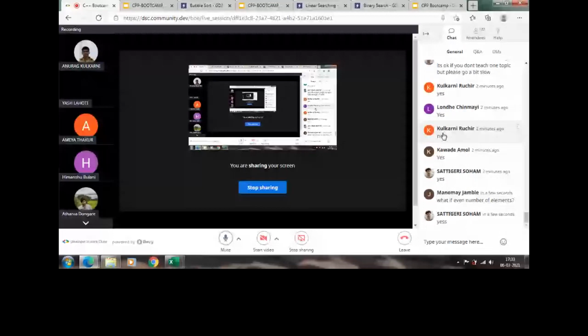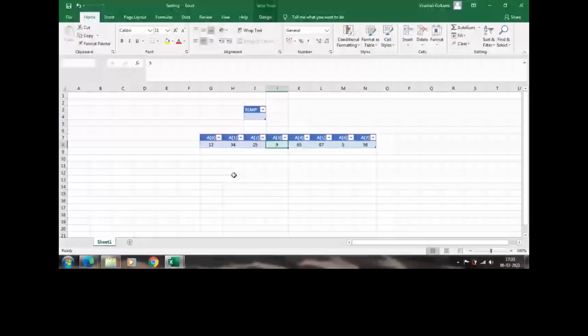We have to write a simple function or simple code to find the middle of the array. These are all integer values, so if it is an even number and we cannot find a single middle element, or the middle element comes to be in a decimal position, then we prefer the lesser value. So if it comes to be 3.5, then we go with 3, we don't go with 4.